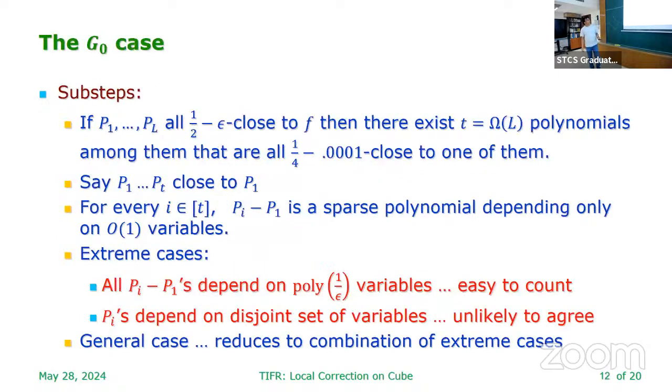In this case, I think the most interesting case was the G0 case. So we'll get to that, and then I'll tell you a little bit more. There is an error in this slide that I noticed. I'm looking at a bunch of functions which are close to some polynomial f. I should be looking at those that have agreement 1/4 minus little o of 1 from each